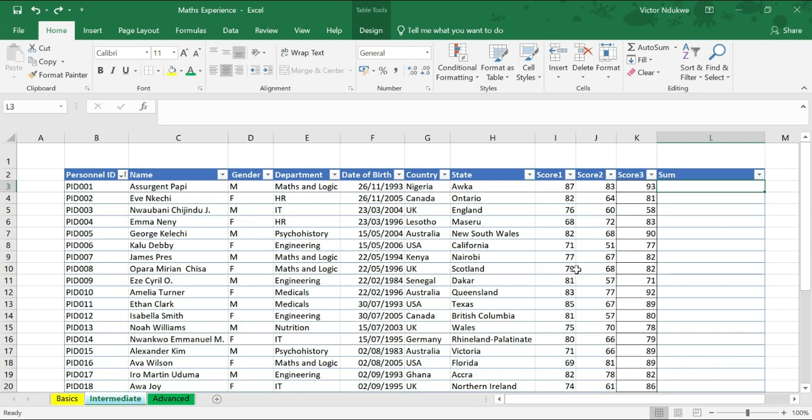After three sets of examinations, the scores are out. And Sergeant Papi has 87 in the first examination, 83 in the second, and 93 in the third. So I have an extra column here where I want to sum up all the scores in the previous tests